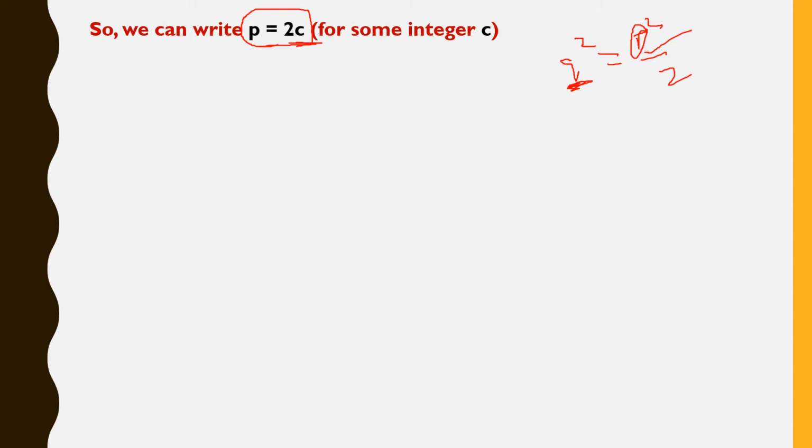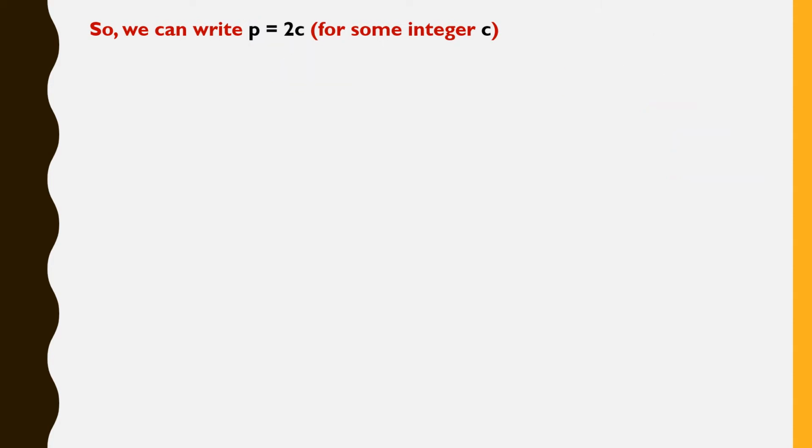One thing you should remember: if the question is given as root 5, you should take 5c here. If the question is given as root 3, you should take 3c. Simple. Be perfect with this root 2. Wherever 2 is there, you just put the number from the question. If root 5, you put 5. If it is root 3, you put 3. Then only it will be divisible by 3. If I take 3c then only it will be divisible by 3, and if I take 5c then only it will be divisible by 5.